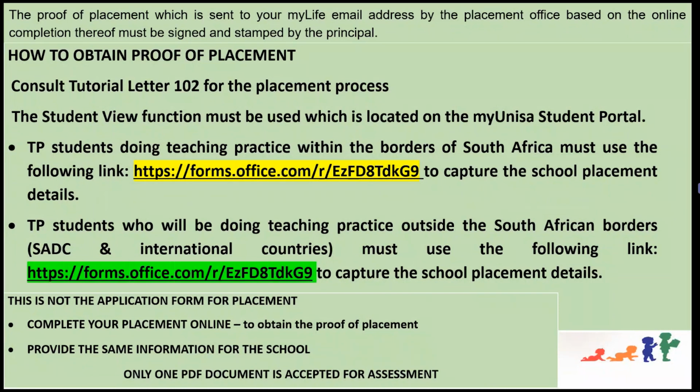Since we also have teaching practical students who are outside the borders of South Africa, it might be in any of the SADC regions or in international countries, please make use of the link highlighted in green to capture the school placement details. For all those who are not in South Africa, the link that you are supposed to make use of is highlighted in green. Ensure that all your submissions are in PDF format,